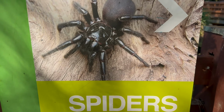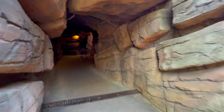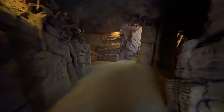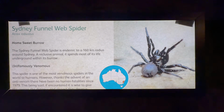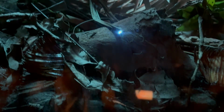Now, I grew up on a farm that was infested with these little critters, and I've got to say, I've got a real rational fear. Native to the forests and gardens around Sydney, the funnel-web spider is one of the most venomous in the world. Its fangs are strong enough to pierce fingernails, and its venom acts fast. It's hard to see in this light, but we'll see if we can get a good shot. But the real reason it terrifies locals is how it hides, still, silent. Then,